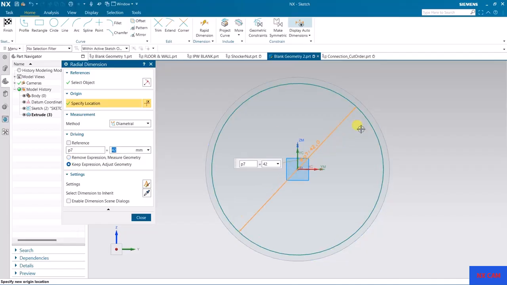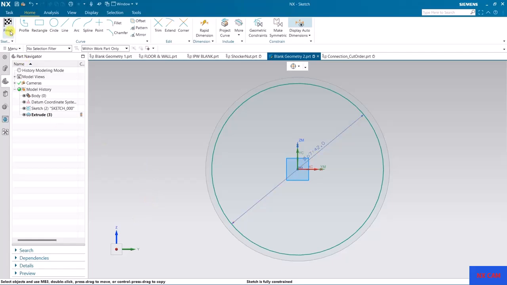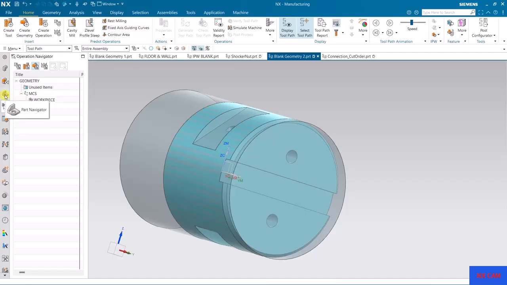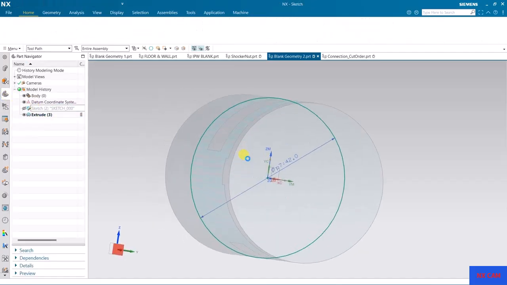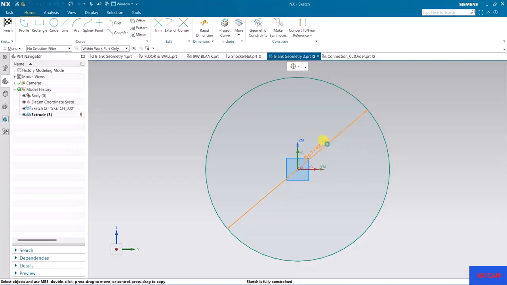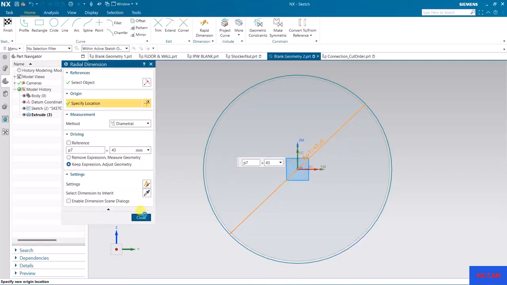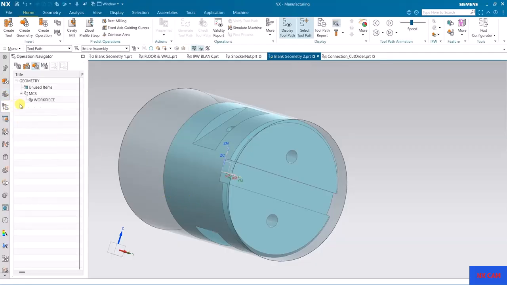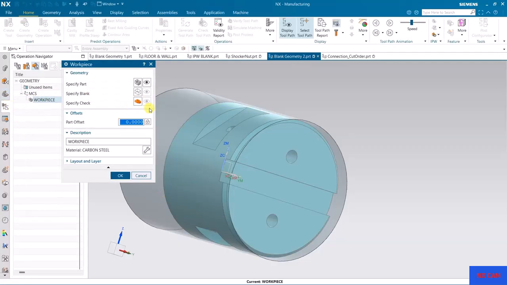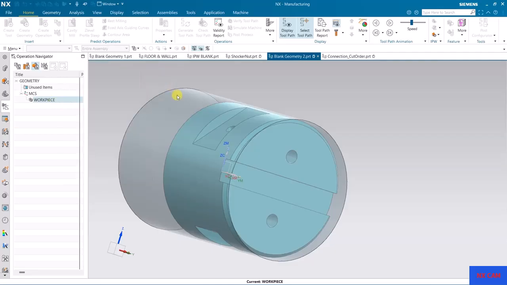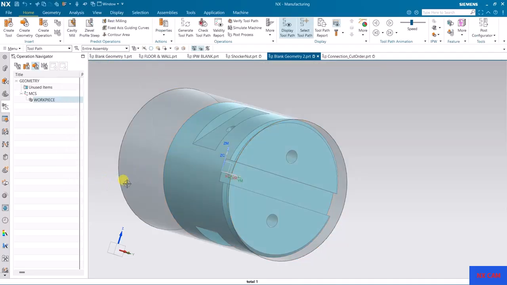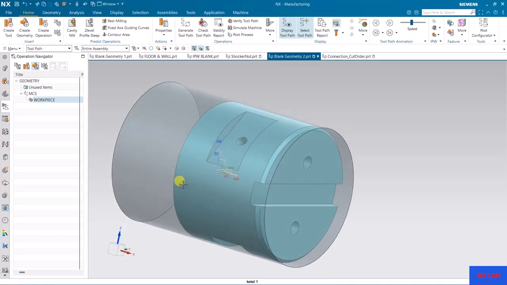If you have not created it and have just imported the part, you cannot directly add it with the sketch command. We have different options to change or add it, but here we have the sketch, so I can directly add it. Now come to the workpiece, and from this we can select this geometry as the blank geometry, and OK and OK. So this is the first option.